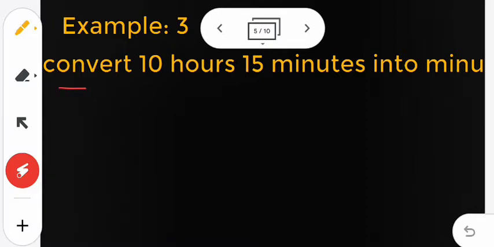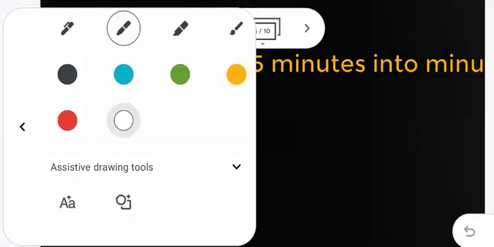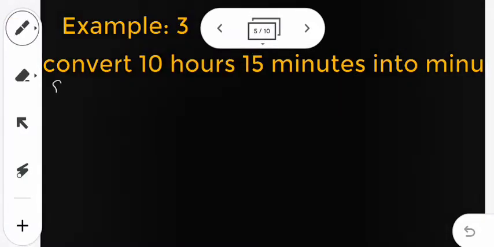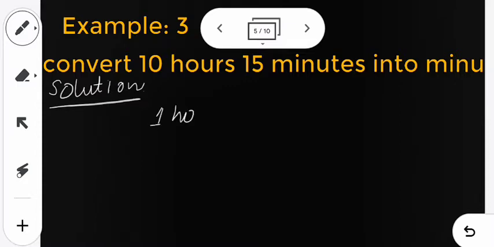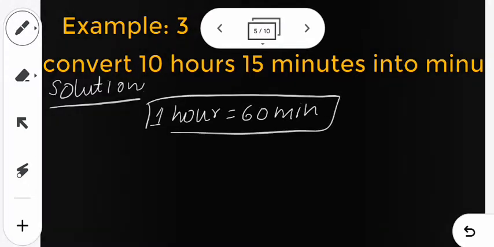Convert 10 hours 15 minutes into minutes. So this is also hours into minutes, the same formula only. Okay, so the formula is 1 hour equal to 60 minutes. This is the formula, 1 hour equal to 60 minutes. So 10 hours